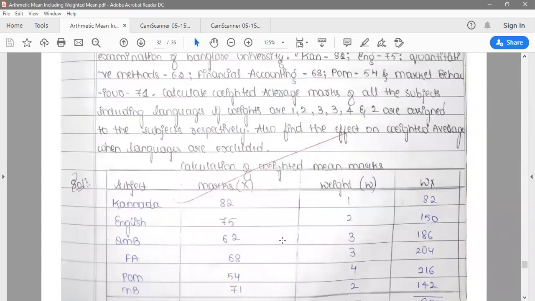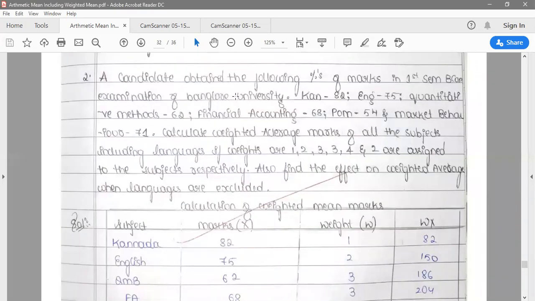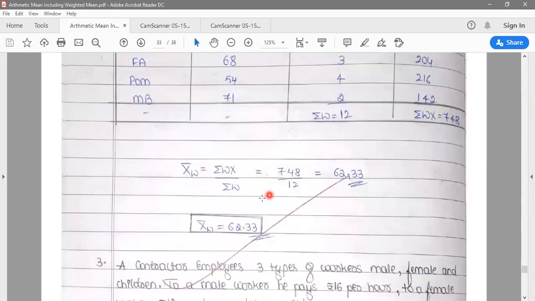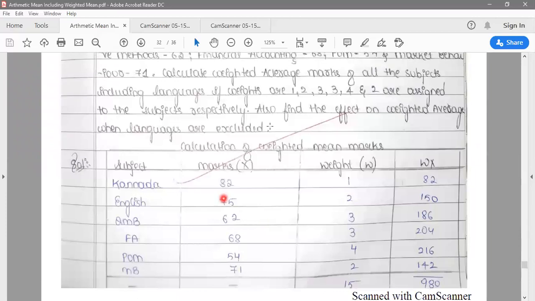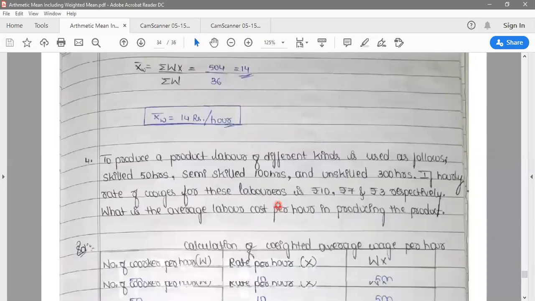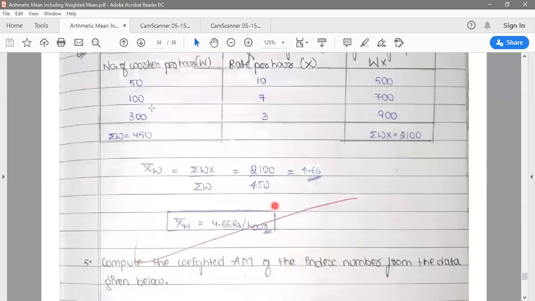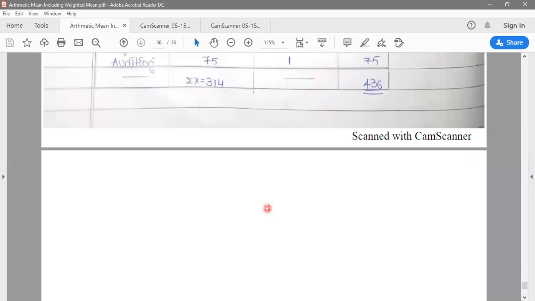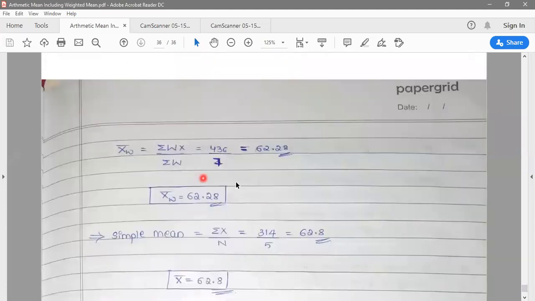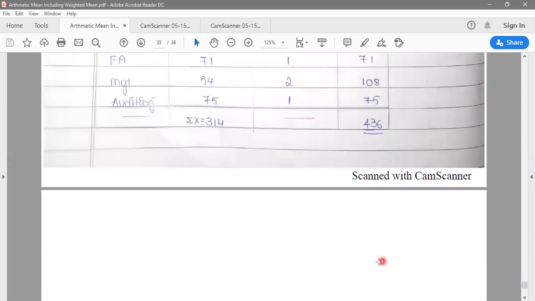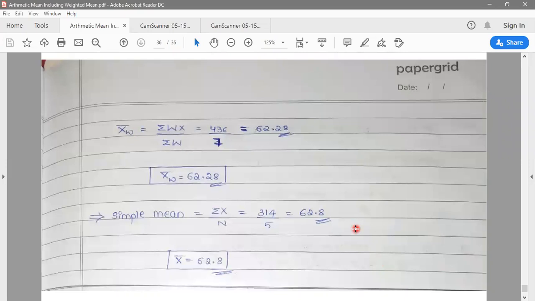And let's see, this is again a problem with marks only. Here we have solved it twice because we were supposed to get 2 averages. So go through such problems also, they are very important. Somewhere like this with index we had solved simple mean also. If you see simple mean here, we have calculated sigma x by n, and then we have multiplied weights into marks and wx by n. So that is also weighted mean. Simple mean and weighted mean, both are calculated.